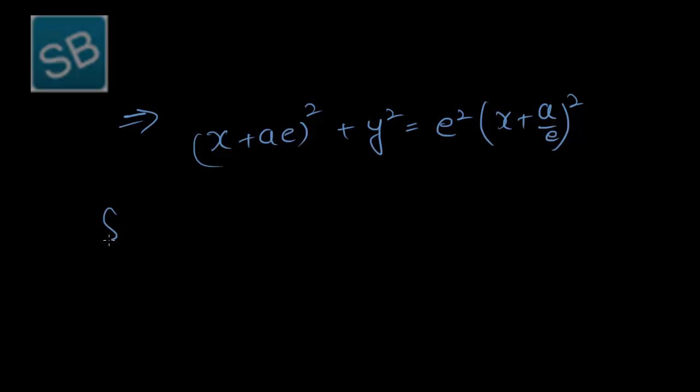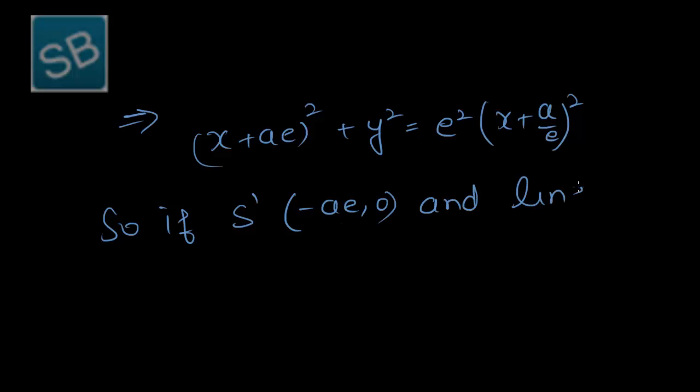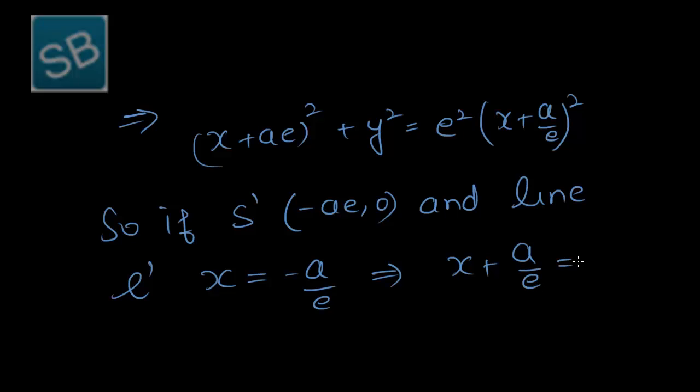That is, so if S dash is minus ae comma 0, another focus, and line L dash with equation of directrix x is equal to minus a over e, which implies x plus a over e is equal to 0,